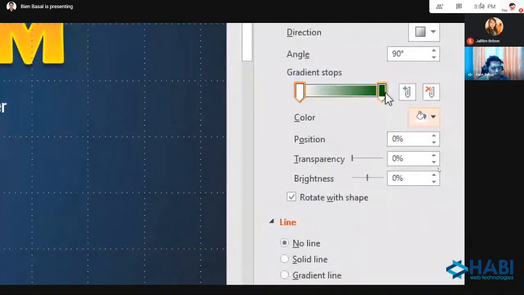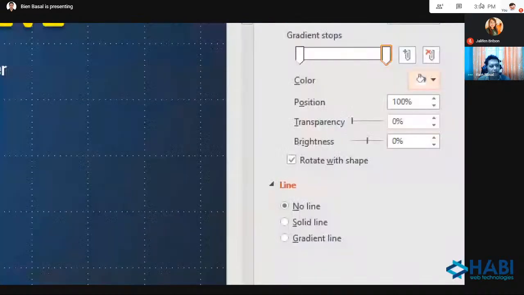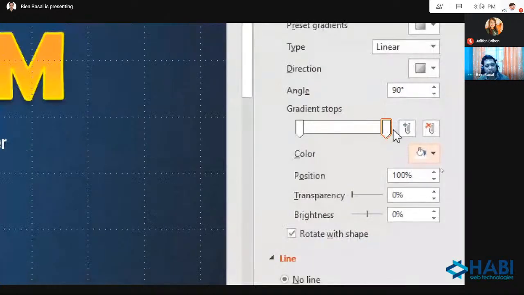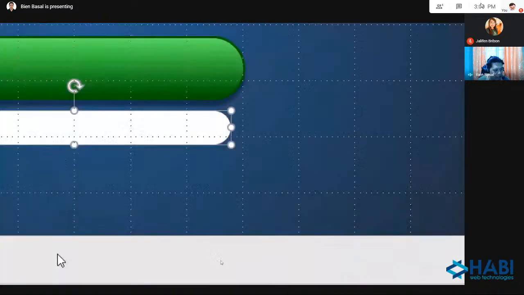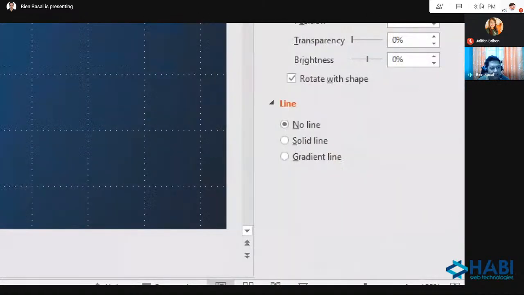And this second color here, second stop, I will apply the same, white. Okay, so it's the same white, so it looks like a flat color. Now, what I want you to observe is this one. I will select the first color. This is the top color, the top gradient. This one, the top area, the top section.